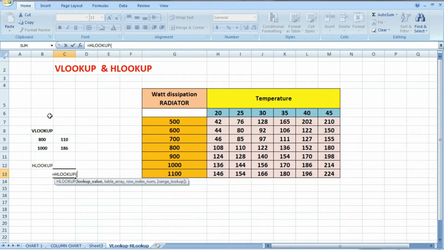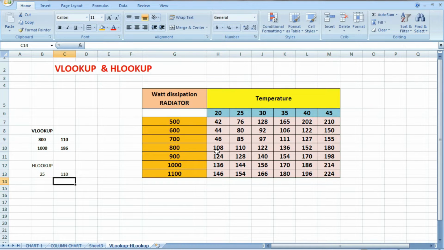Now the value is B13. Table is same. And we want to find out from the row 1, 2, 3, 4, 5, at the 5, that is at 800. 25-degree temperature and 800 value. So that is 110, see, that is 110.